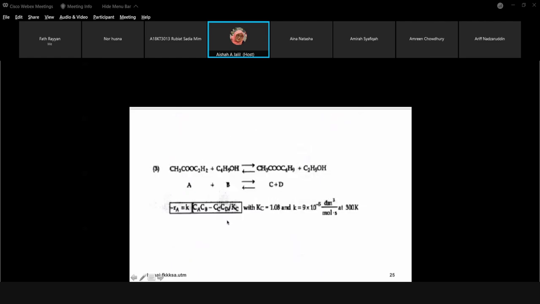Okay, this is also second order. Second order for the reversible reaction. Maybe this is the one. So 1 plus 1 is the second order. And the k here is the small k. For the small k here, it is second order. So the reversible reaction can also be first order or second order.